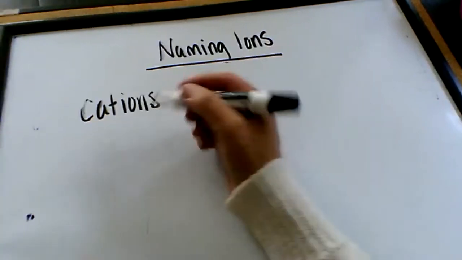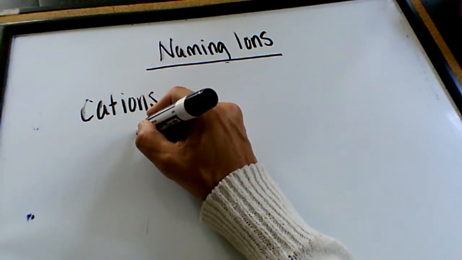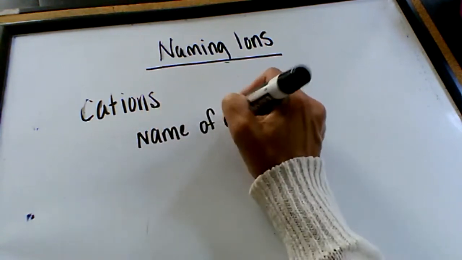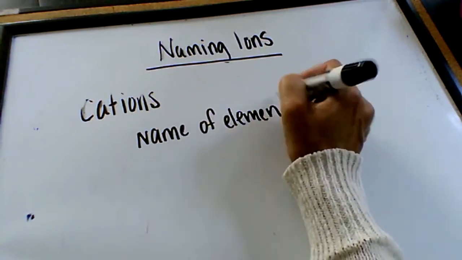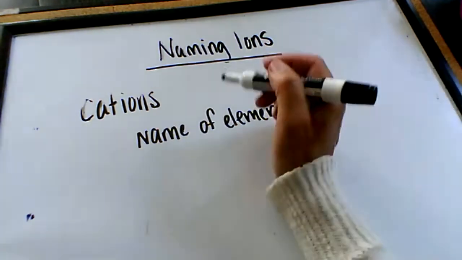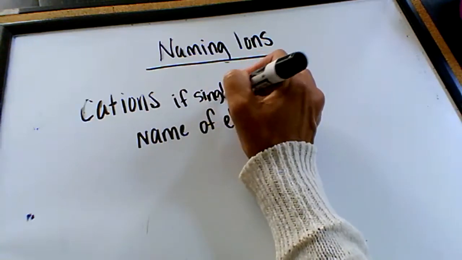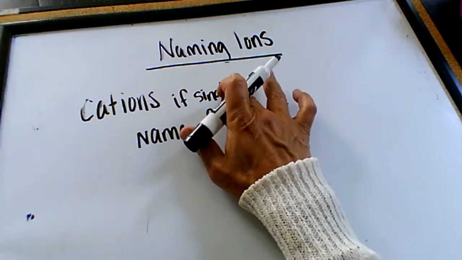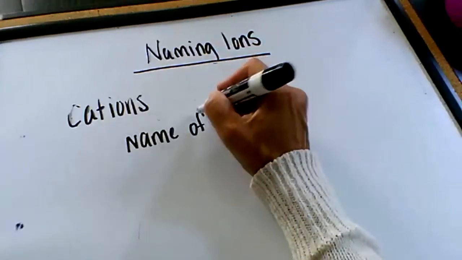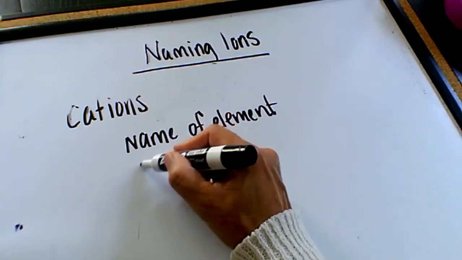It's real easy, though. You simply write the name of the element. That's it, right? That's not quite it. If it's a single charge, I'm thinking of a better way to do this. I'm going to write the name of the element, okay? Then I'm going to think to myself,